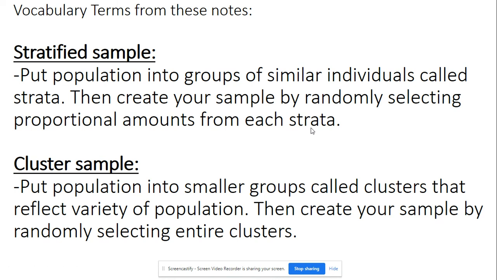Okay, so the next one is, what does it say? Different types of samples on your paper? Types of random sampling. All right, so the first one, stratified. I want you to write stratified random sample. They are types of random samples, so I shouldn't need to say stratified random sample, but I always have people who don't make that connection. And so I want to write this one a little bit shorthand. I mean, you can write what's up there, but